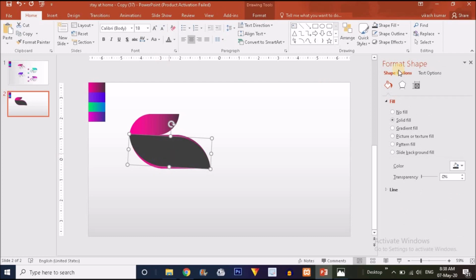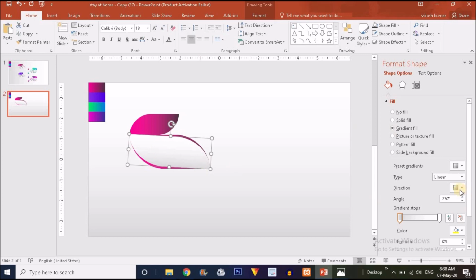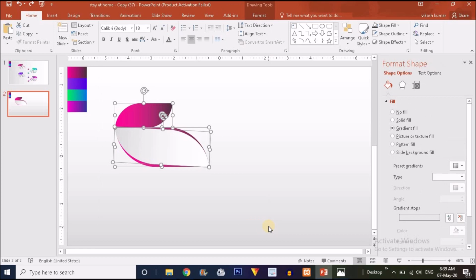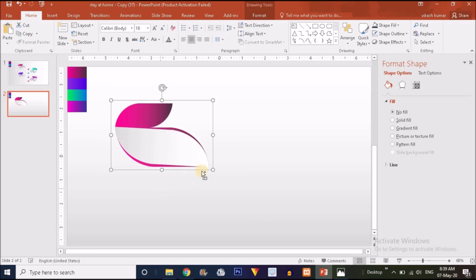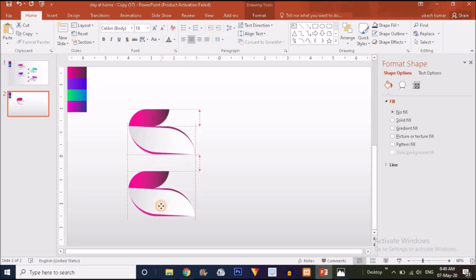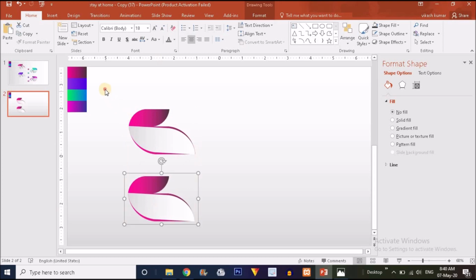So I'm going to select this black shape and I'm going to fill the gradient here. So first you have to choose the linear gradient, and the direction should be left to right like this. You select all the shapes and press Ctrl G to group it. Press Ctrl and Shift together and drag it inward to make it smaller like this. Make it a little bit larger like this one. Press Ctrl D to duplicate it like this,